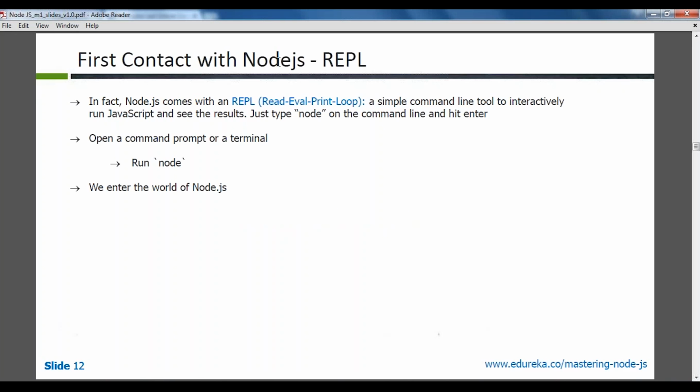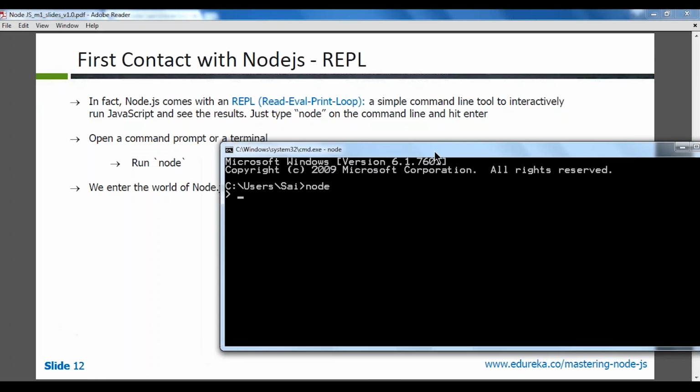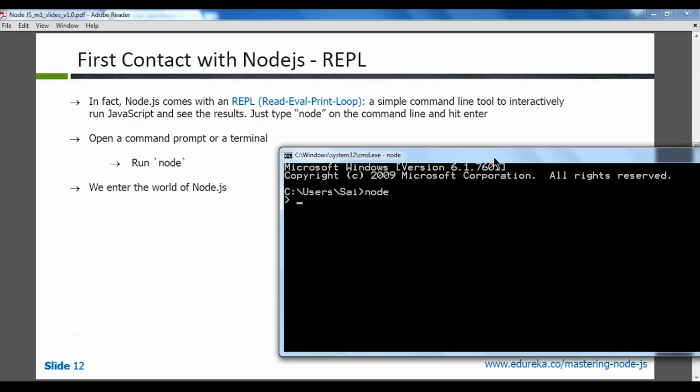Okay, first contact with the Node.js REPL. What is this REPL? Read, evaluate, print, loop. In fact, Node.js comes with a REPL, a simple command line tool to interactively run JavaScript and see the result. Just type node on the command line and hit enter. That's what I did here. After installation of Node.js, with the path variable available, I just typed node. Automatically it showed me a command line interface where I can type JavaScript code and run